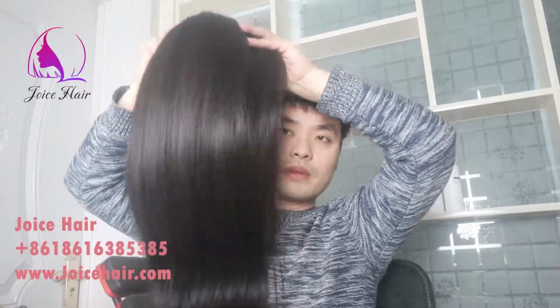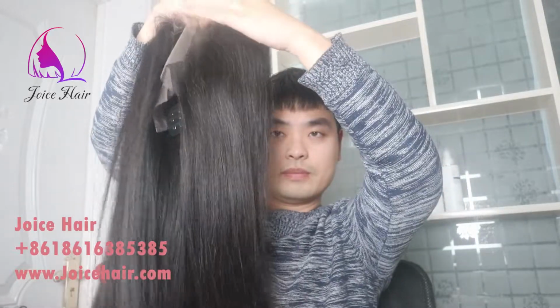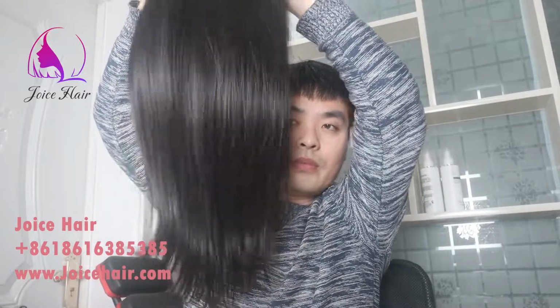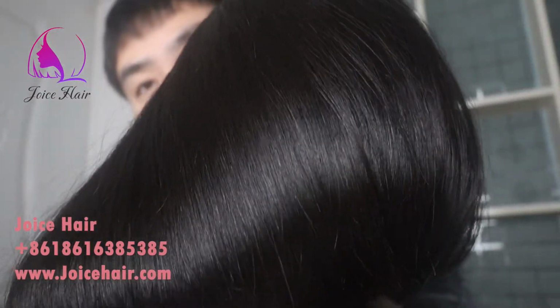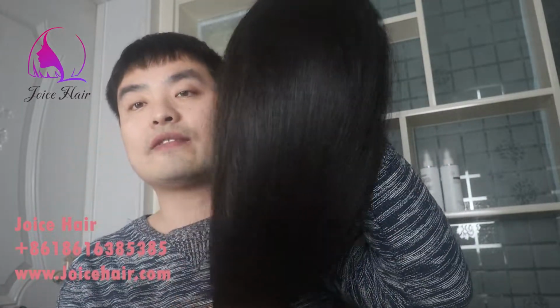And this is made of Chinese version hair. Look at the silkiness and the luster of the hair. This hair can be bleached to 613 or any color, and this hair is very silky. It's natural silky straight hair, so you do not need to iron it. It's silky like this, and after you wash, the luster even gets more and more. And this is very beautiful. And look at the end of the hair as well. It's very healthy. I'm sure when you touch the hair, you will feel this hair is so good, so nice,